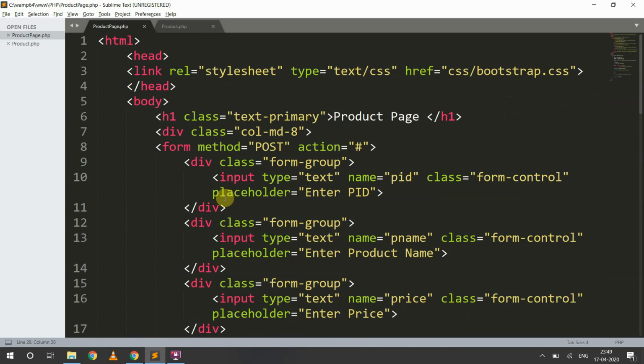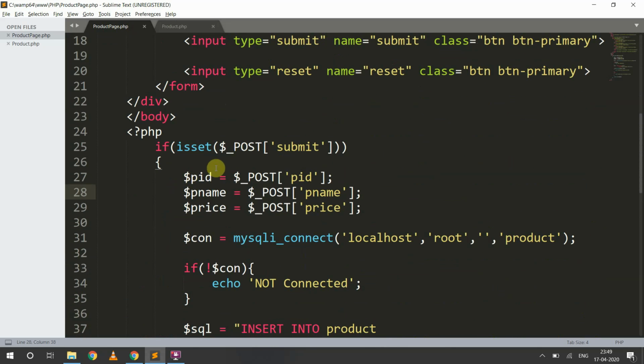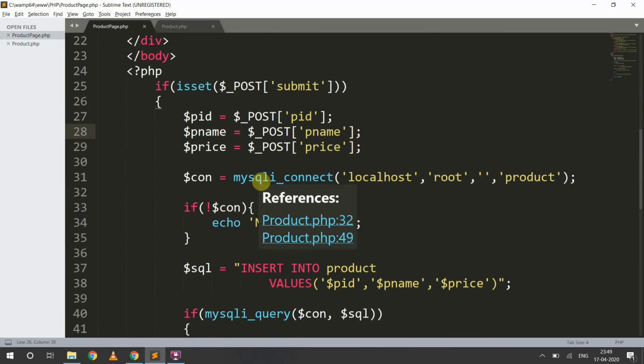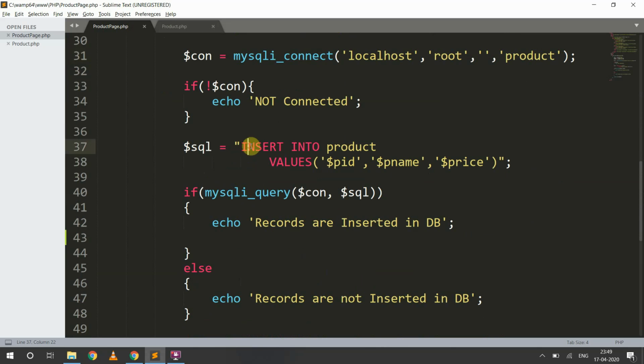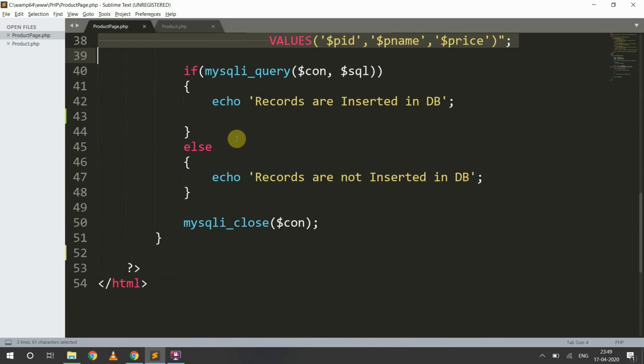As a quick overview, you can see using this HTML form, we have collected the product details and then we have connected to the MySQL database using this connection string, where we have inserted records using an SQL command. Once records are inserted successfully, we want to display the same records in a table format. So for doing the same thing, I am going to write a simple PHP function which is going to be called if records are inserted successfully.